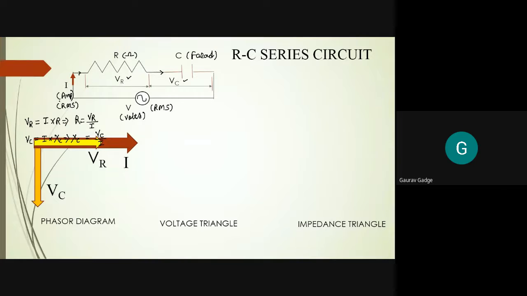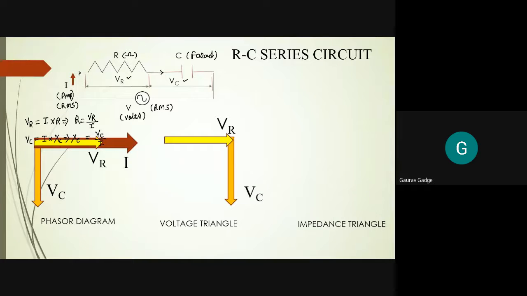Now I have to make a voltage triangle, and to make that, I just make that phasor diagram again: current, VR, VC at minus 90. Now I am changing the position of VC. It is perpendicular. The position is just changing, but the direction of VC is the same. There is no change in VC. Why we are making that is clear from the phasor diagram. Okay. Now I just remove that minus 90, I just remove that reference phasor.